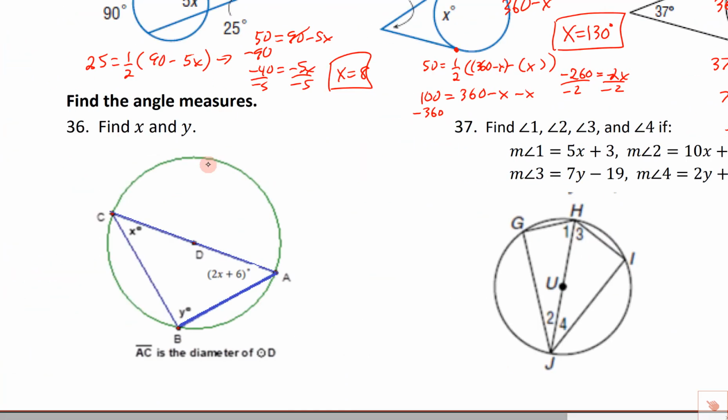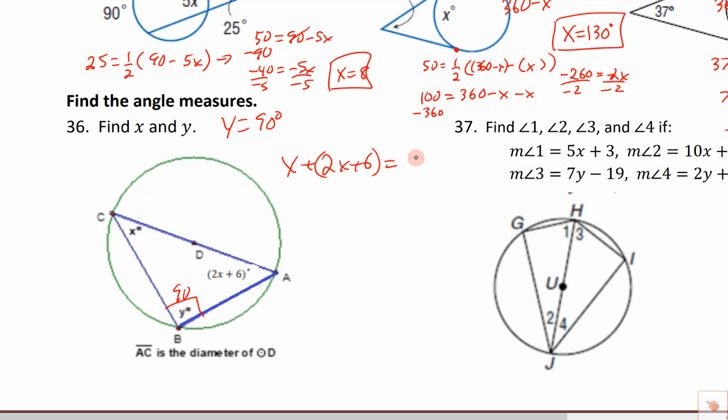Okay, on this one it says find the measure of angle x and y. One thing we'll notice is that we've got a circle here centered at D, so that makes this one right here a right angle, so that's going to be 90. And then there's a couple different ways that you can handle this. So y on this one is 90 degrees, and what I like to do is say, hey, that means between the two of these acute angles right here, they would have to add up to 90. So x plus (2x plus 6), and I'll go ahead and put parentheses on this to just be careful about this,